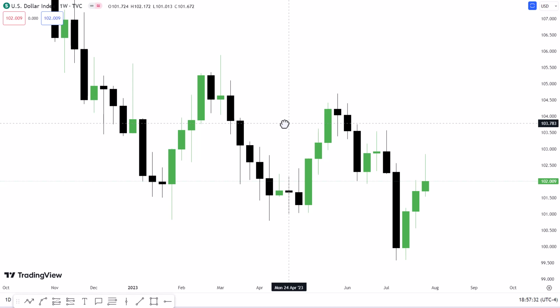So that's why we analyze the dollar first, and then whatever happens in the dollar index, the opposite in most cases happens on all USD currency pairs. So without wasting much time, we want to check what to expect for the dollar this coming week. So I'm going to drop some annotations on the chart